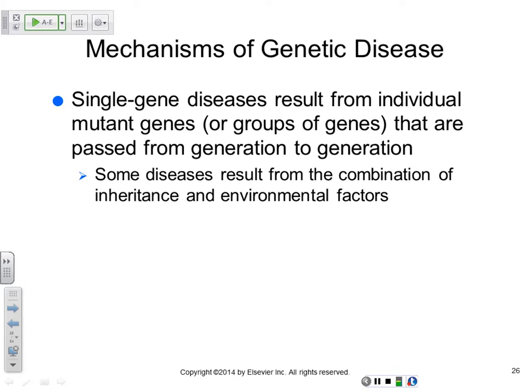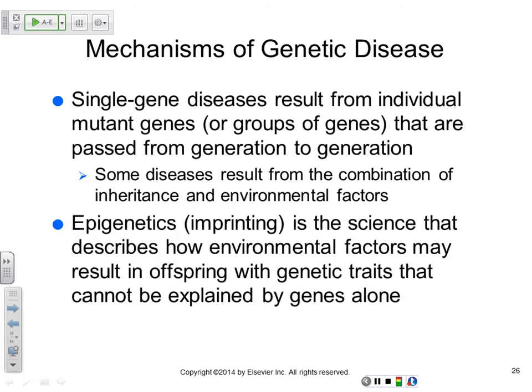Some diseases result from a combination of inherited genes and environmental factors, like I was talking about. Sometimes, if you are not exposed to the kind of environment, you won't show that problem. Like with radiation, if one twin is irradiated. I'm using twins because if they're identical twins, they've got the exact same genetic material, right? So one is exposed to a certain condition, and one is not. The one who smokes, for instance, or is exposed to chemicals, is the one who's going to get lung cancer, and the other won't get it, right?